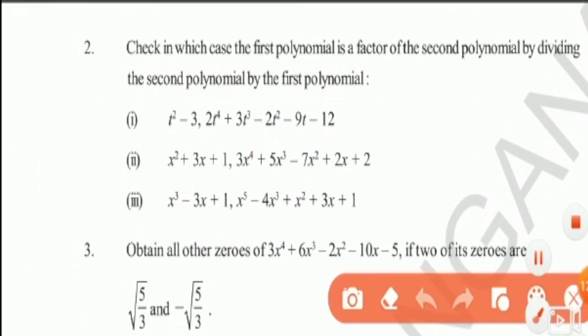Okay children, you can solve the remaining problems in this second bit, remaining two problems. So total four problems homework to you: in first bit two problems, second bit two problems. Solve these two problems and share in the group. And the remaining three bits, third, fourth, fifth, we are going to discuss in the next class. Okay, thank you students.